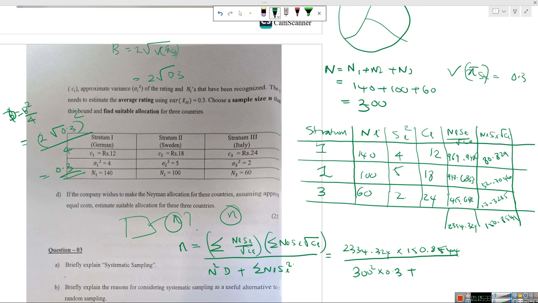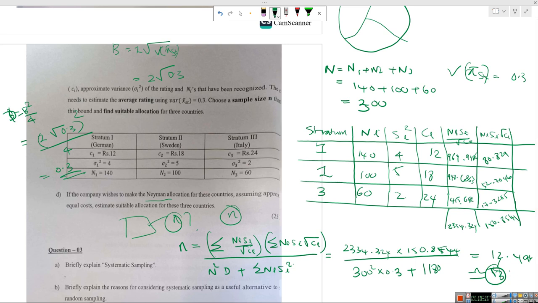So 1080, right? If you simplify this, you get 12.496. So approximately we will take 13 samples. So we have to allocate 13 samples from the total number of samples that we are going to take from all these 3 countries, which is 13. Now using this proportional allocation, Neyman allocation and optimum allocation, we have to find out the